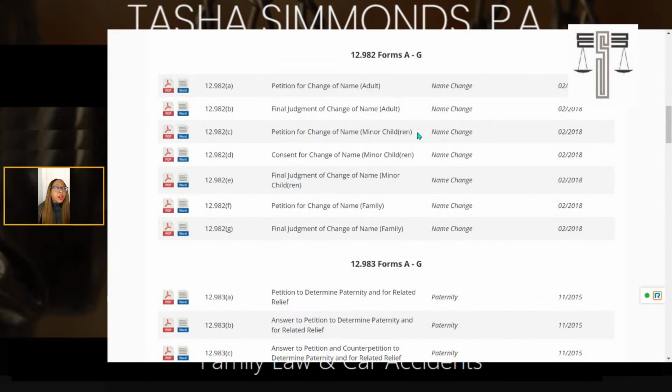It works. All right, this is the petition you would use if the person whose name is being changed is a minor, someone under 18. Okay, but if they're over 12, they got to do the consent, just like with the step parent adoption. And then if the judge grants you the name change for the kid, that's the final judgment that the judge will fill out. And then this is, all y'all are changing your name. Okay, not just the kid, but